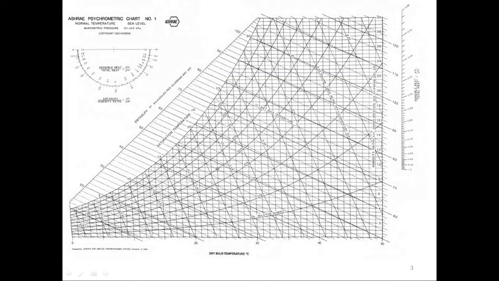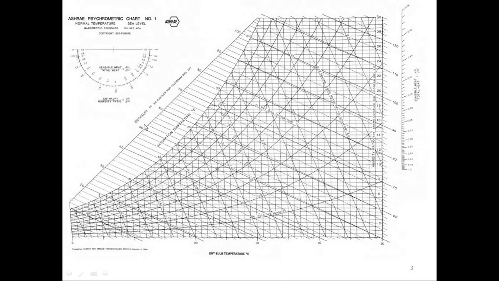Now, the first psychrometric chart is given by X-ray, so the name is X-ray psychrometric chart. As you can see in the chart, we have dry bulb temperature in degree Celsius, with values 0, 20, 30, 40, 50. And we have humidity ratio in gram per kg of dry air, with values 2, 4, 6, 8, 10, 12, 14, 16, 18, 20, 22, 24, 26, 28 and 30.